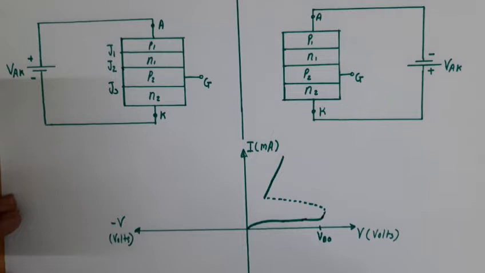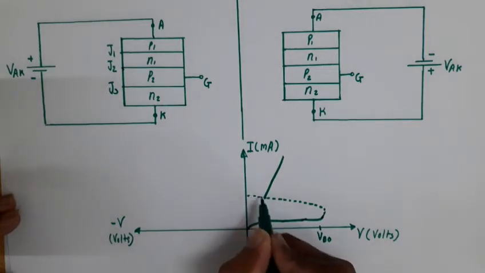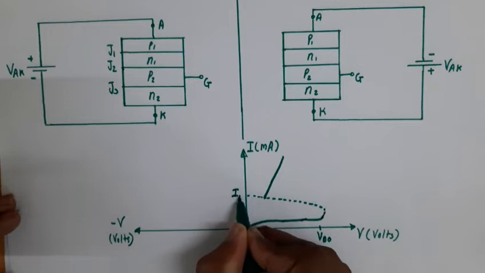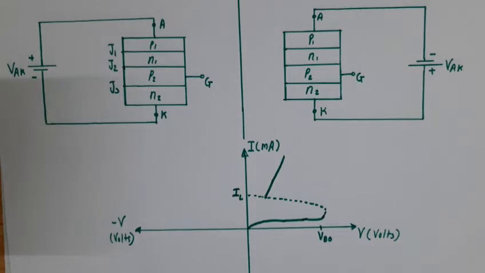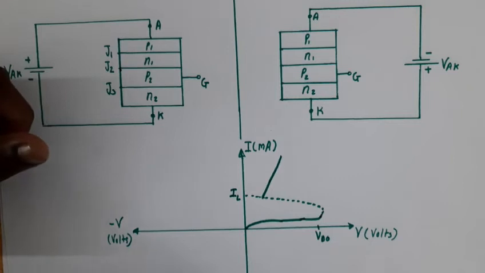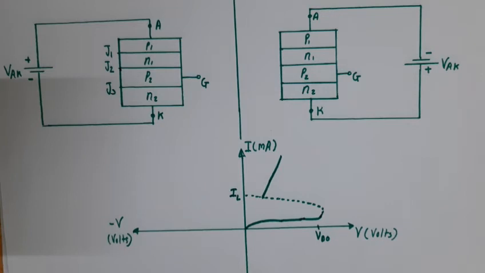The forward current must be more than a value known as latching current. You can see on the VI characteristic, this value is known as latching current. This is to ensure that the required number of carriers are present for conduction. Now, if the current is reduced to value less than holding current, the depletion layer would again start appearing around the junction J2 and SCR will go to forward blocking state.